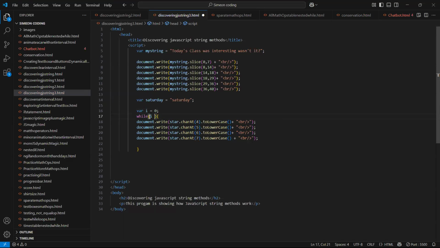The basic thing that you want to do is go from S in Saturday to A, to T, to U, to R, to D, to A, and then to Y. Once you're able to go through that, then you would have spelled Saturday. And that way you are changing the variable positions,